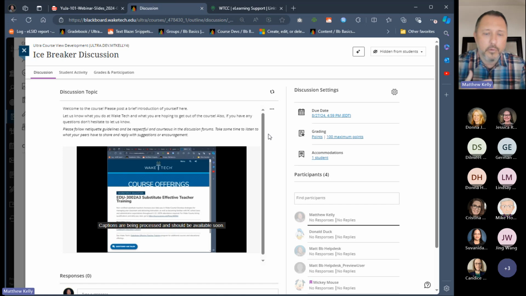So feel free to reference back to this video and these steps, and also to the other videos that we've posted on YouTube for YuJa, to get a feel for those steps. The steps are basically the same whether you're in Ultra or Original, just coincidentally, but they look a little bit different since the original interface is different. As a side note, if you're still working in an original course for a little bit longer, or you're bringing videos from original to Ultra, just bear that in mind. It's basically the same process.